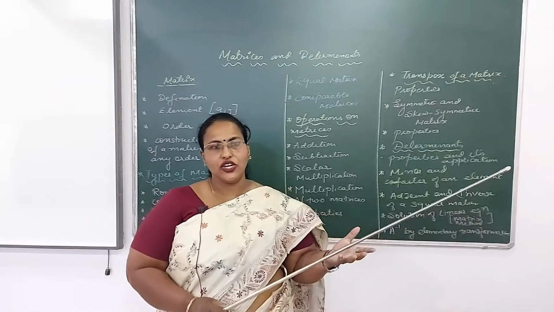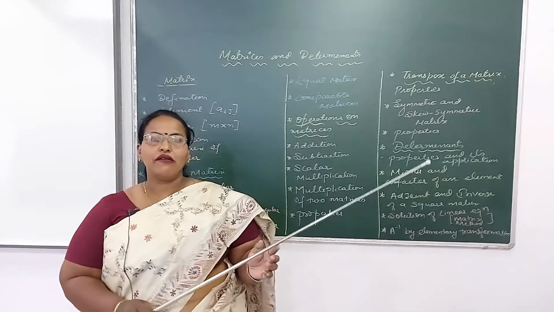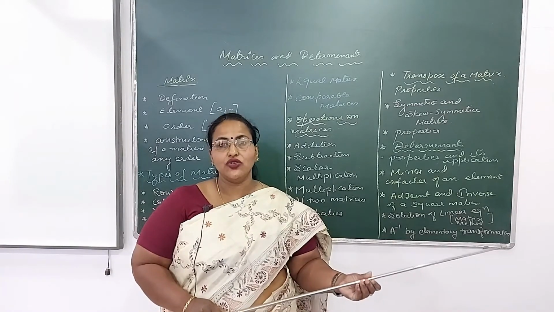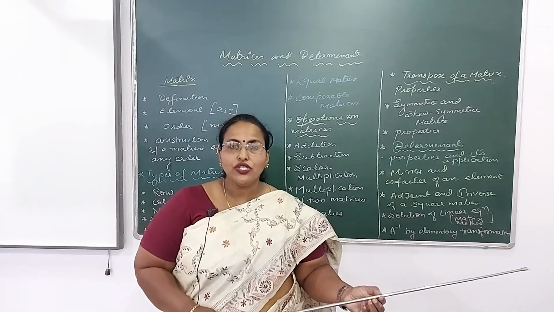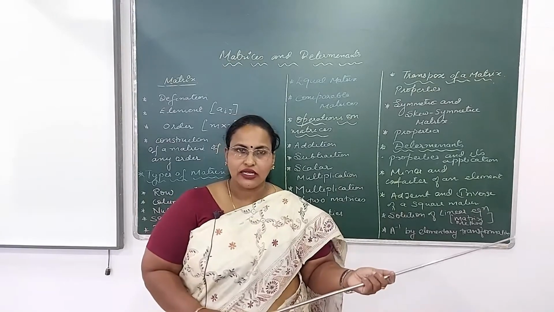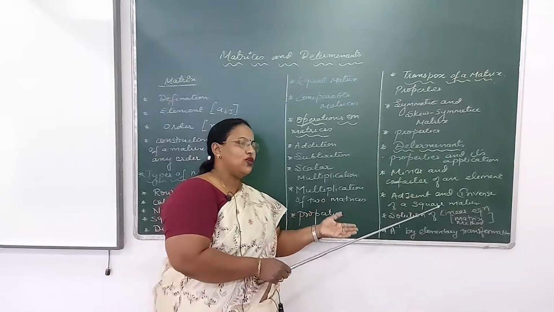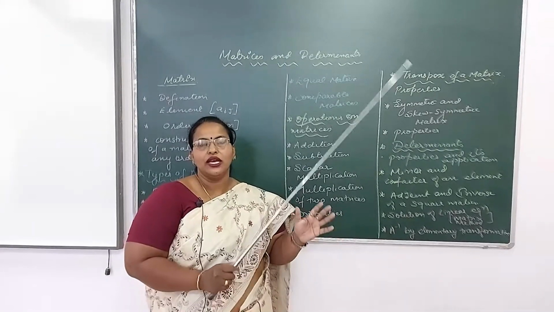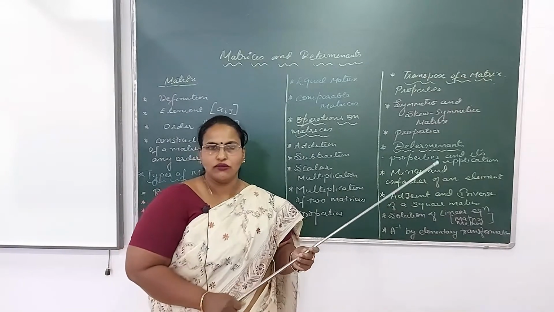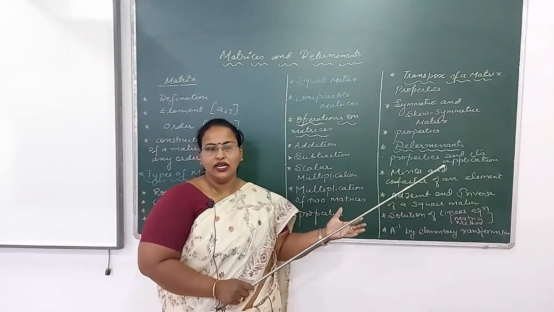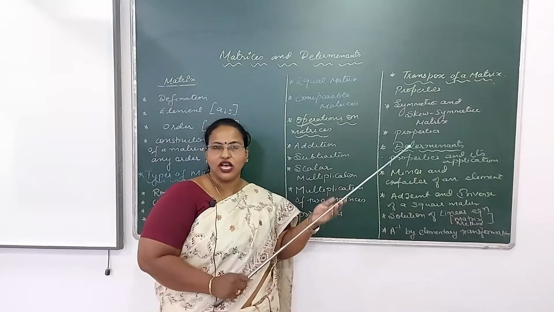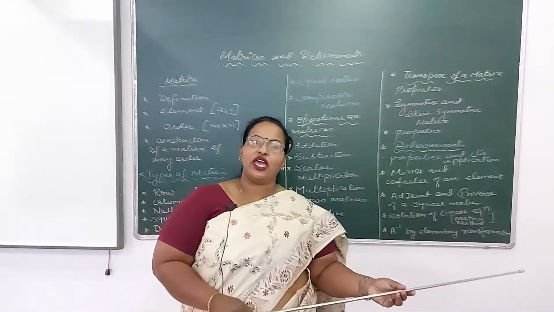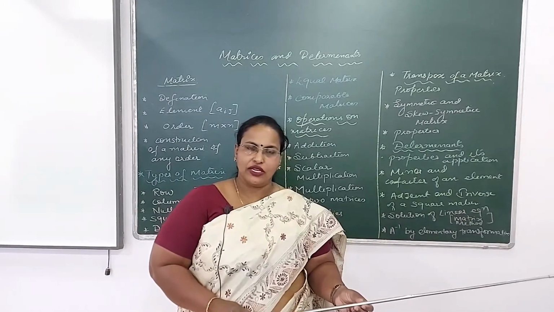So what is the condition for singular and non-singular matrix? A square matrix is said to be singular if its determinant is equal to 0. If it is not equal to 0, it will be a non-singular matrix. So that particular condition you will be using here. A inverse exists only when determinant of A is not equal to 0. And I have explained in the video the formula for A inverse: A inverse is 1 upon determinant of A into adjoint of A.